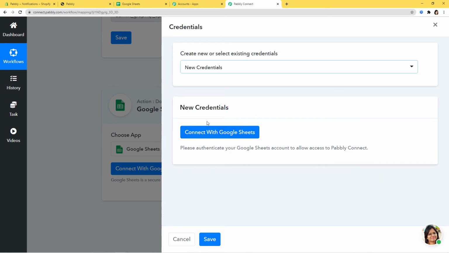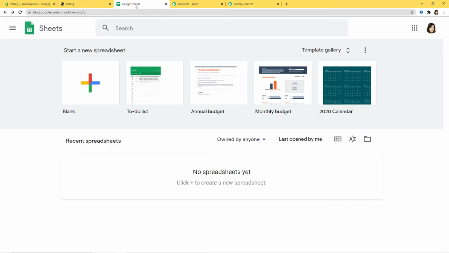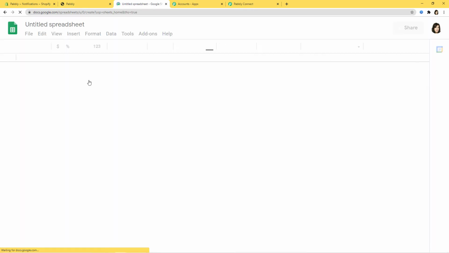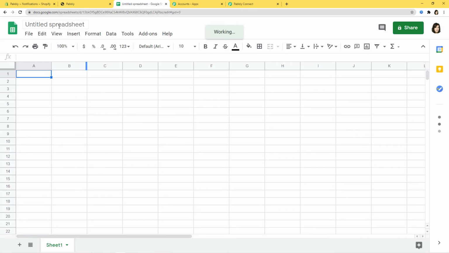Okay, now before connecting with Google Sheets, what I'm going to do is I'll go to Google Sheets and I'm going to create a new spreadsheet and give the name to it and also add some fields. So I'll go to Google Sheets. So I've already opened it over here. Now I'm going to create a blank spreadsheet. Okay, so first I'll just give it a name. Shopify to Google Sheets. Okay, customer ID. Then I also need the name of the customer.